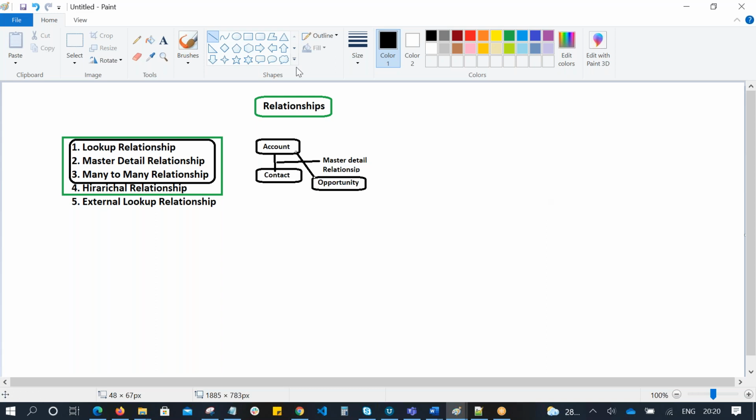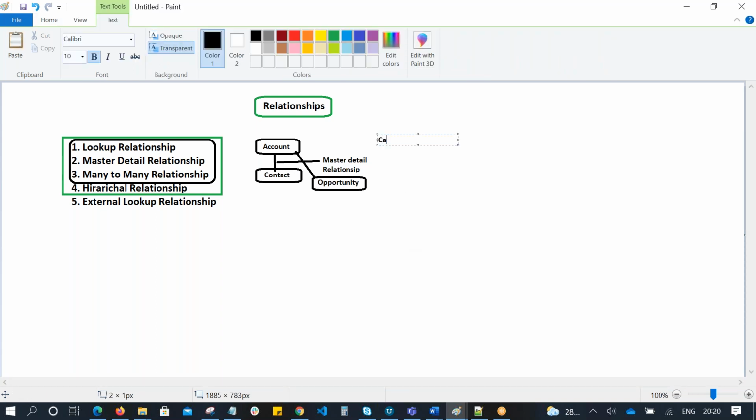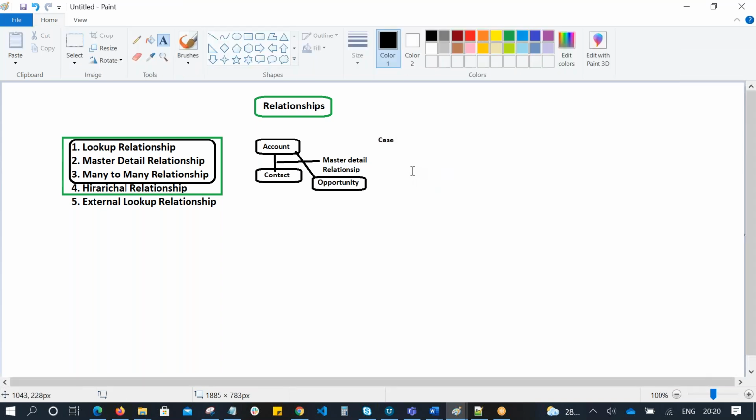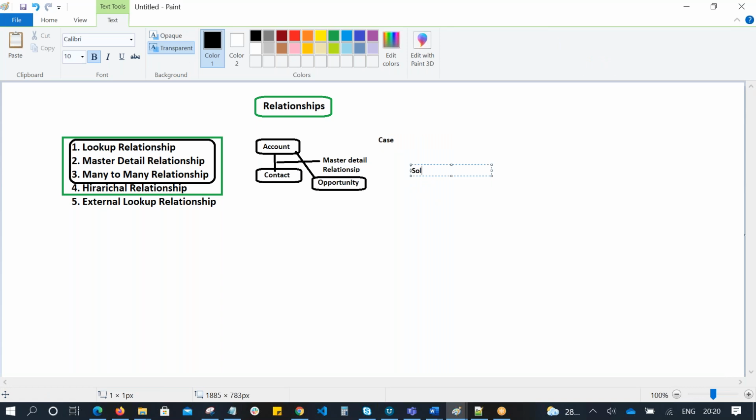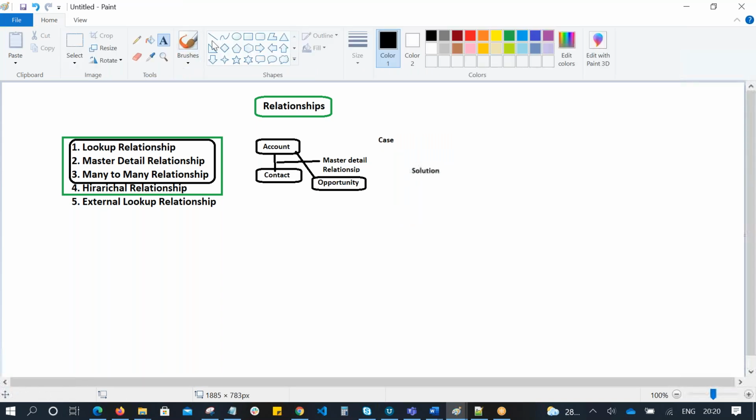Okay, suppose we have a case object and a solution object. Case is a standard object, solution is a standard object.